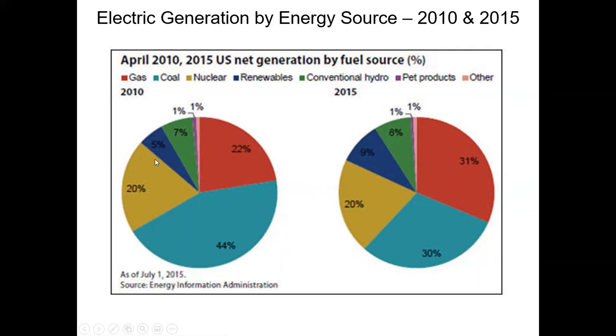I'm not positive about that, but I think that's right. Let's see, renewables have almost doubled, 5 to 9%. Conventional hydro is going to stay about the same. We're not really building any new dams. It's just really a function of the rainfall. If we get a lot of rainfall, we have more water backed up behind the dam, we can get more hydro out of it. And petroleum products,